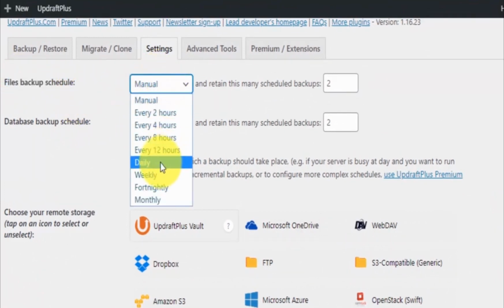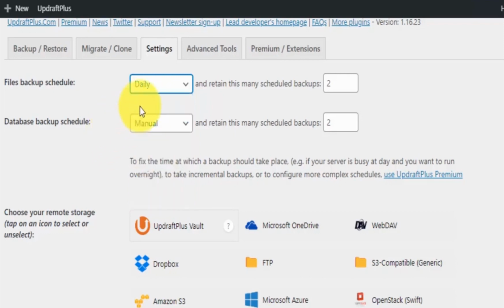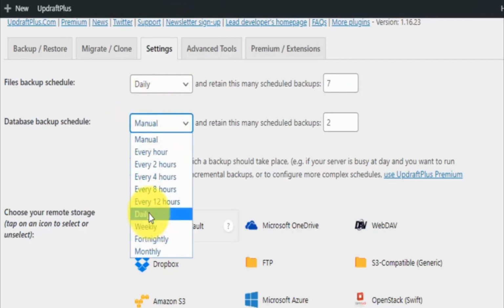Files backup schedule. Here it shows 2 hours, 4 hours, 8 hours, 12 hours, 1 day, 1 week, 1 month and 1 year. Every day it will back up 2 times. Here the retain count shows 7.